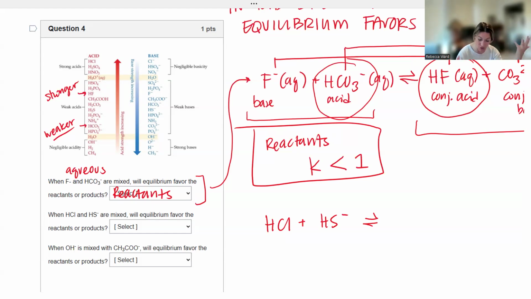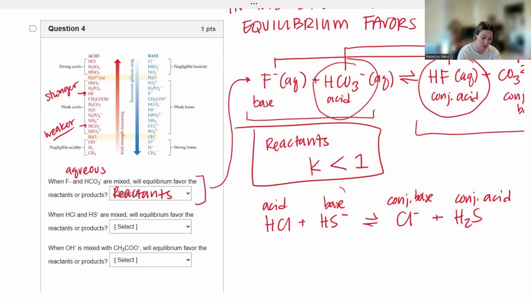So I'll still go through the process. HCl is going to give its proton to HS minus. Okay, so I'm going to have Cl minus and H2S. So this was my acid. This acted as my base. This then is my conjugate base. And this is my conjugate acid. So I can then find, let's